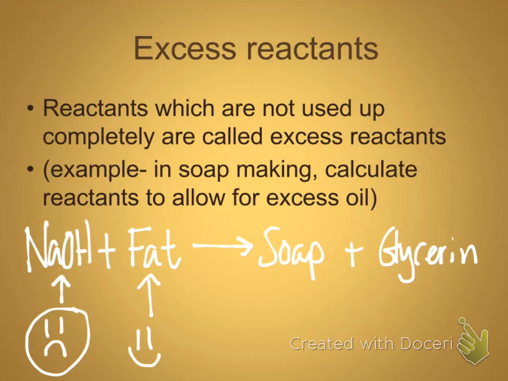Well, now, when we make soap, we're going to run out of one of these two ingredients first. And whichever one we don't run out of, we're going to have a little bit of extra left in, and it will remain in that bar of soap that you produce. If you had to pick one of these two ingredients that you would prefer to have trace amounts remaining of in your soap, which would you pick? I'd pick the fat if I were you.